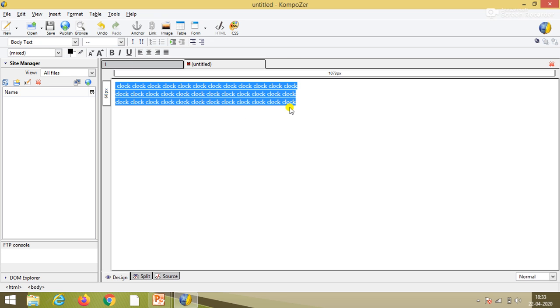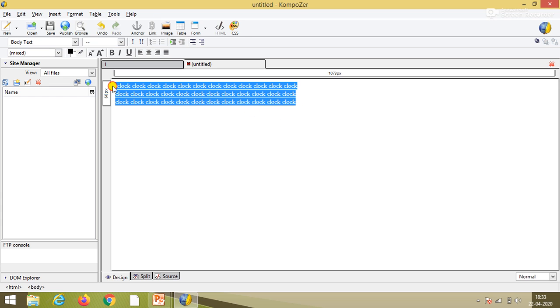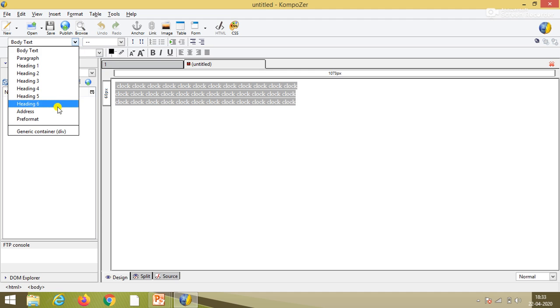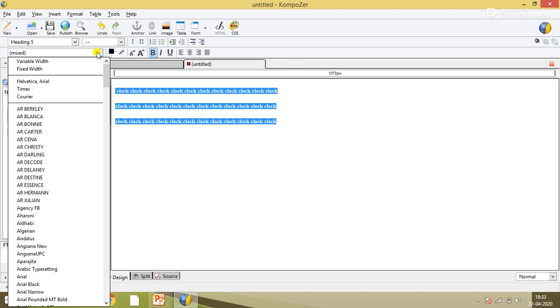If you want to edit it, resize it or give it color, you can select this text. After this, there is the body text option, where you can resize it, or you can also give the text style.